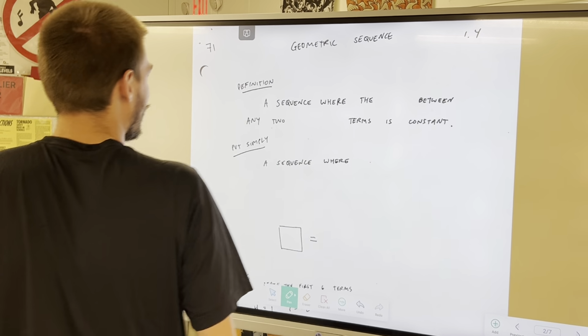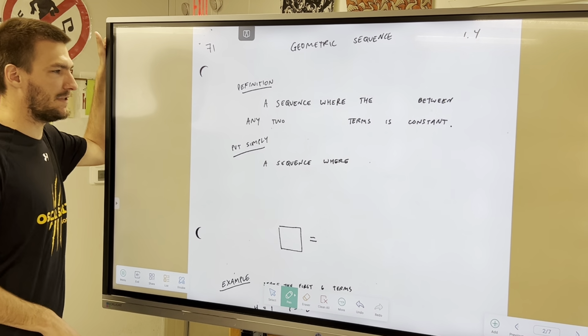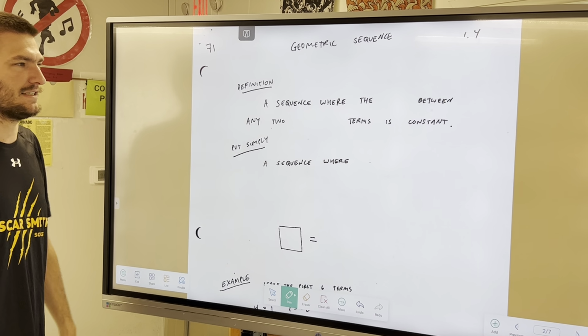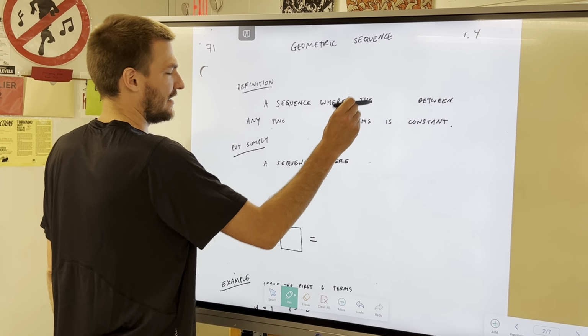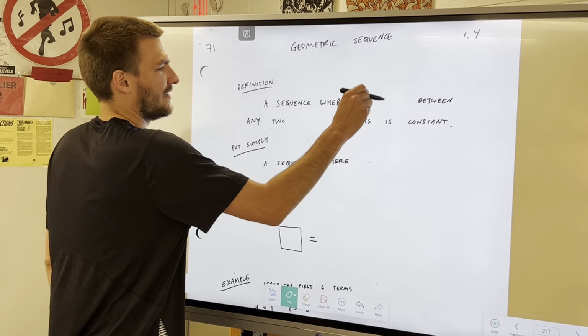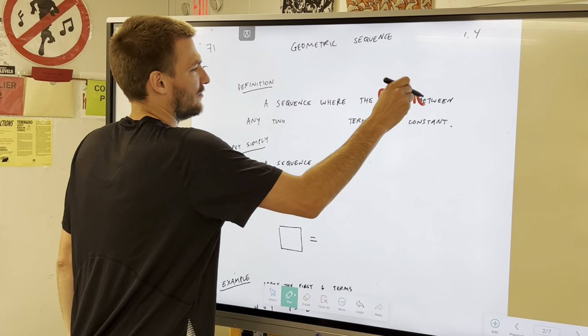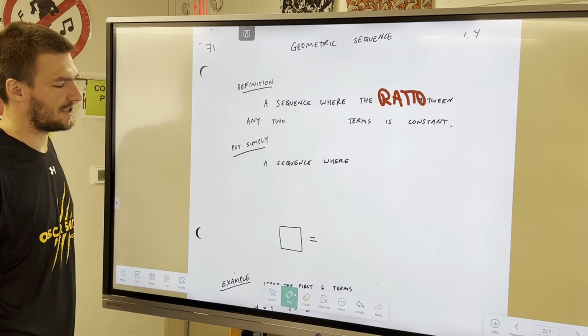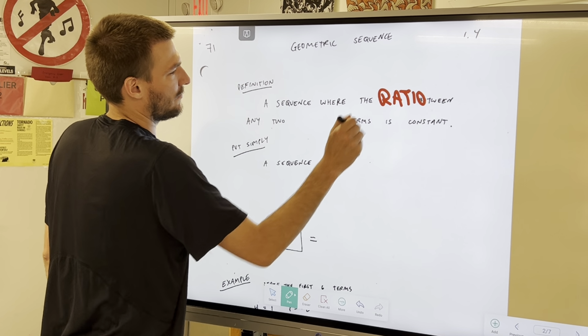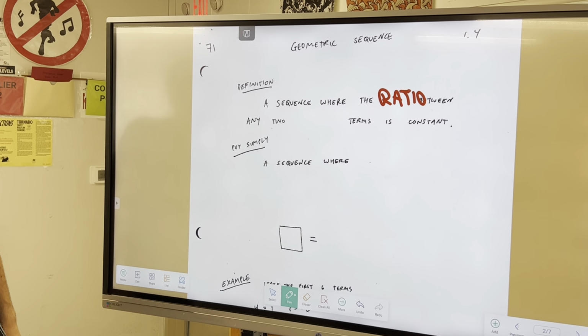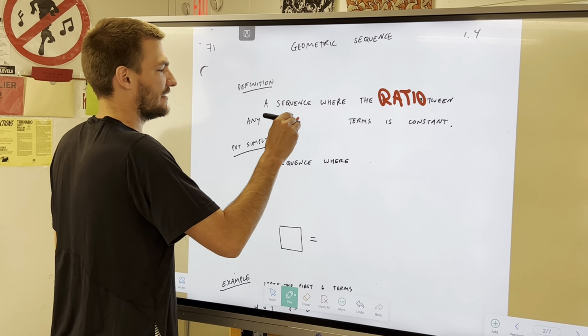A geometric sequence is a sequence where the blank between any two blank terms is constant. It's not a difference anymore. It is now a, anybody remember? Ratio. The ratio, horrible handwriting. Still looks like a Y now. The ratio between any two blank terms, we're going back to the same as yesterday,